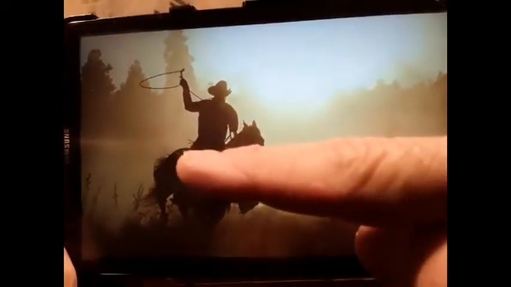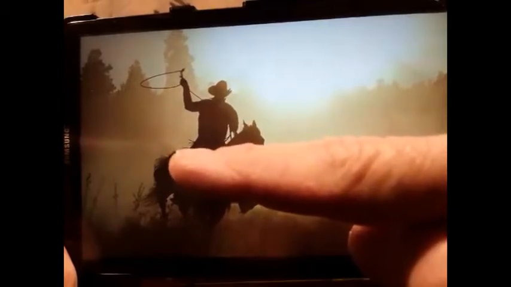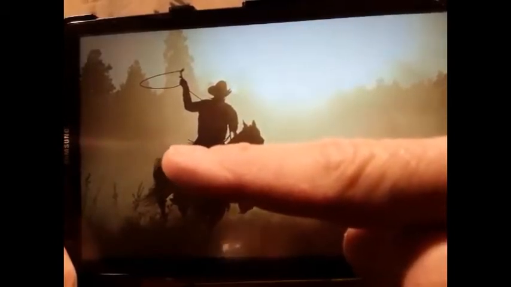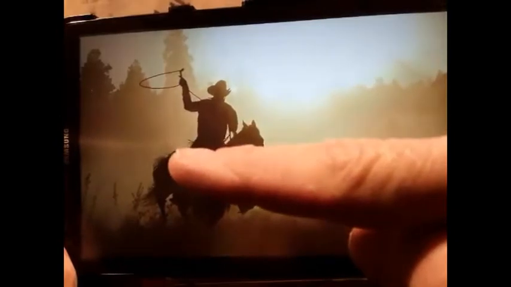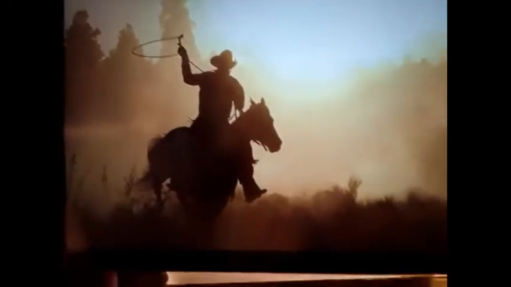And then halfway going up from that mark, it appears that the top of the rider's hat is about halfway up. So those are good proportional measurements that I can use while composing this. Let me